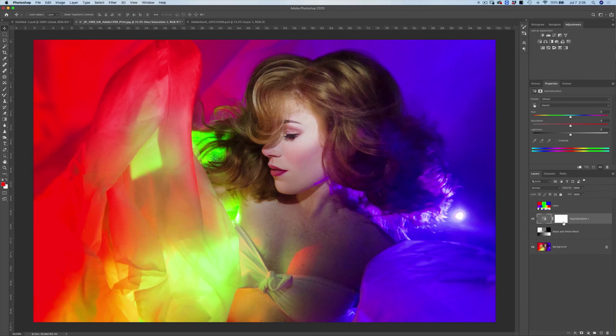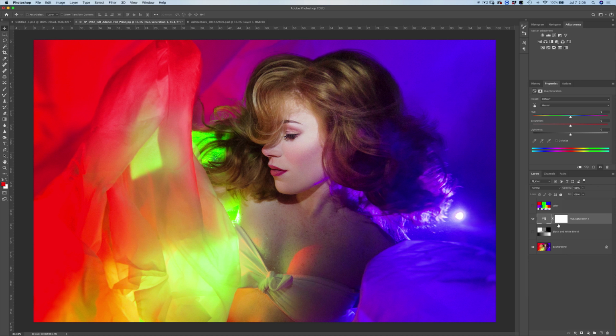The reason why you use an adjustment layer to modify something using a different blend mode is because it saves a lot of file size when you're just adding an adjustment layer instead of adding a complete layer that has a bunch of pixels on it. That's going to really increase the size of your file, making Photoshop have to work a lot harder in order to make the changes that you want it to make for you.